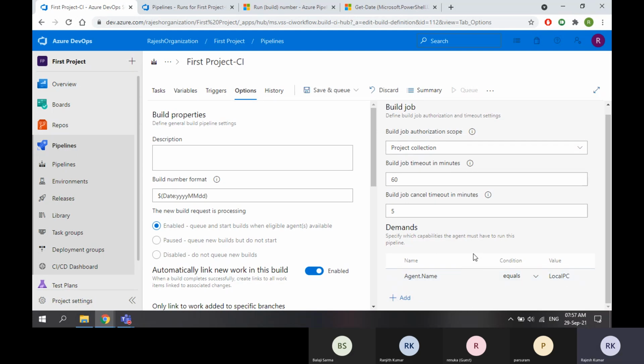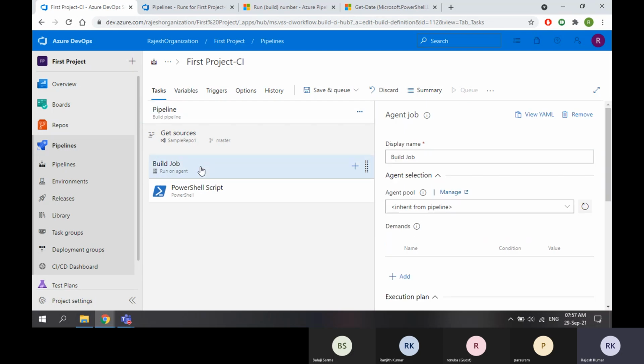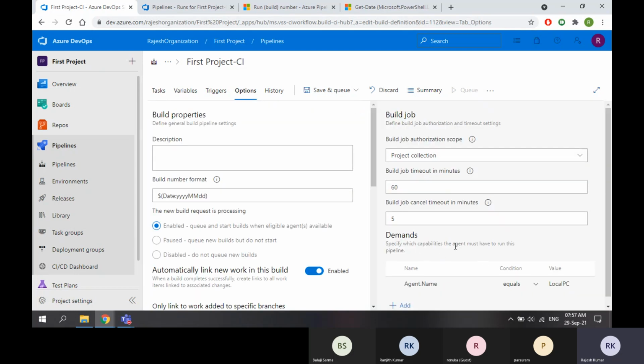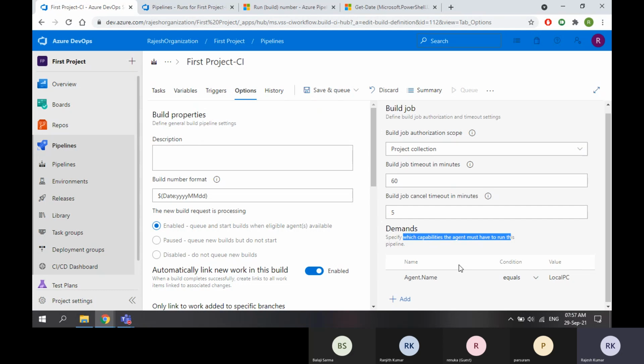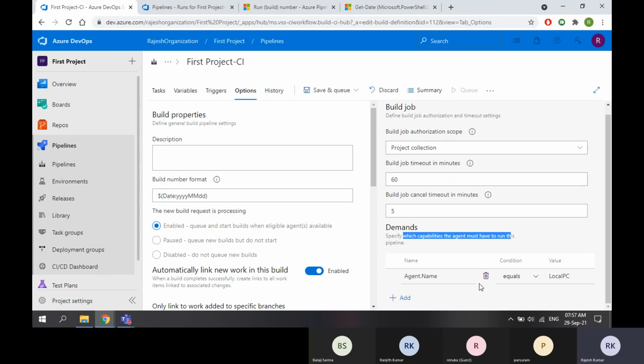So in this scenario, what happens if you go to the build job? It says run on agent, right? So this is the agent. So if you give these kinds of agents, specify which capabilities the agent must have. So the agent name should be local PC or the agent should have Git installed.